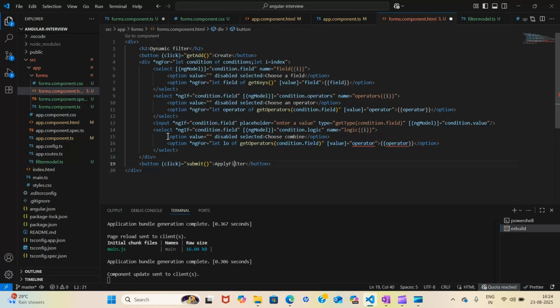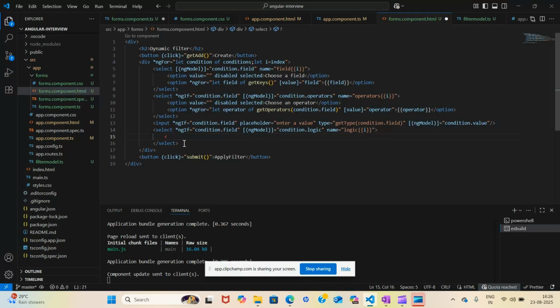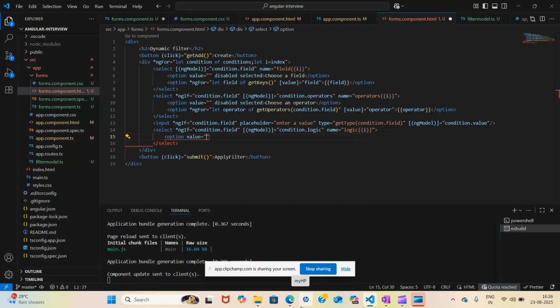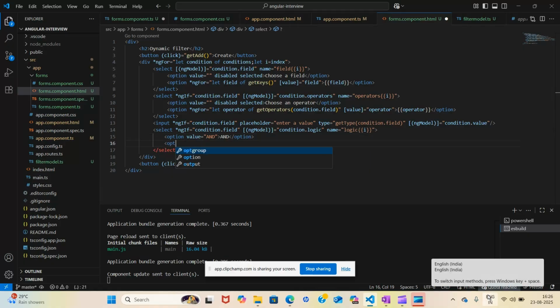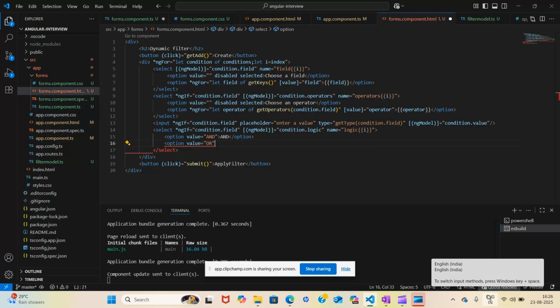Instead we can do one thing: I will just simply hard code the option. So our value is if, and here the other option, the value will be or.